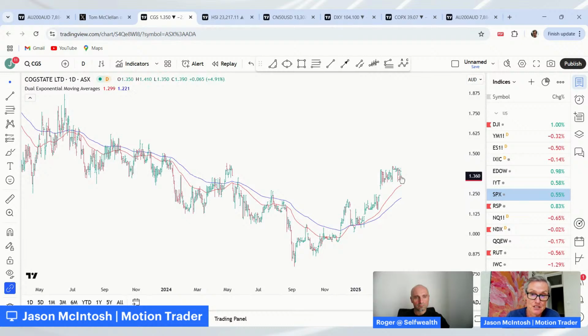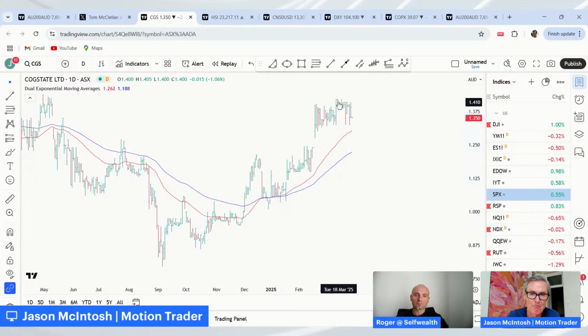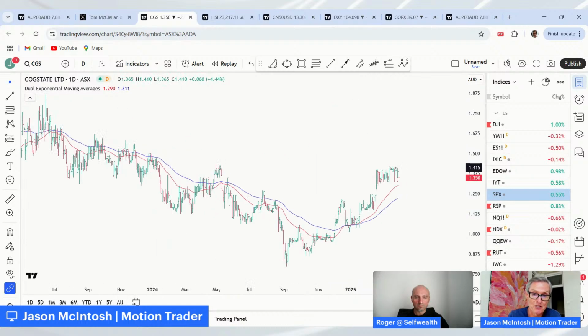So I've considered this one. I actually bought it as it looked like it was breaking higher again a couple of weeks ago. So I'm a little bit underwater already. But I didn't want a situation where I could see, look, the market's been struggling, this is starting to break out of a consolidation, and I don't want to be sitting on the sidelines and then see it's rallied again, and I'm going, well, I should have bought it, but I didn't. So I bought some. We'll see how it turns out.